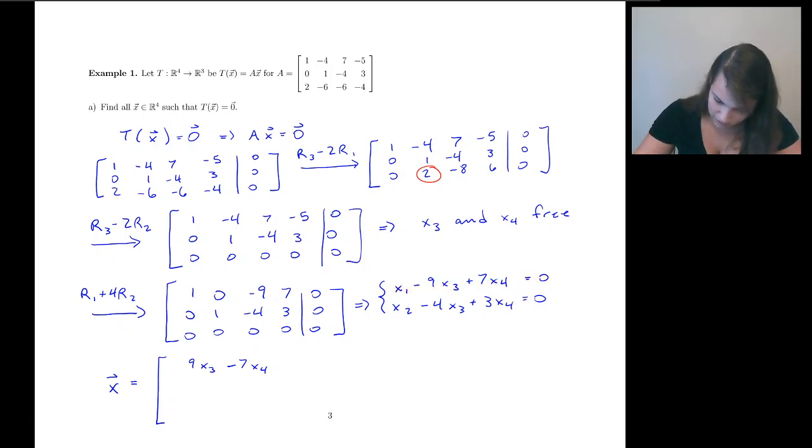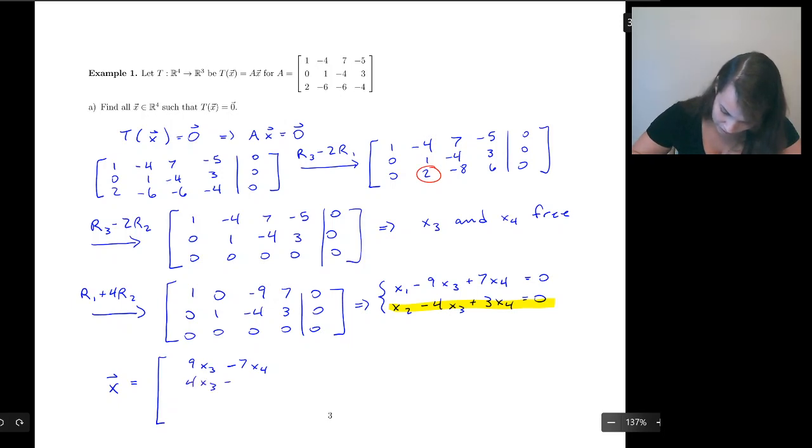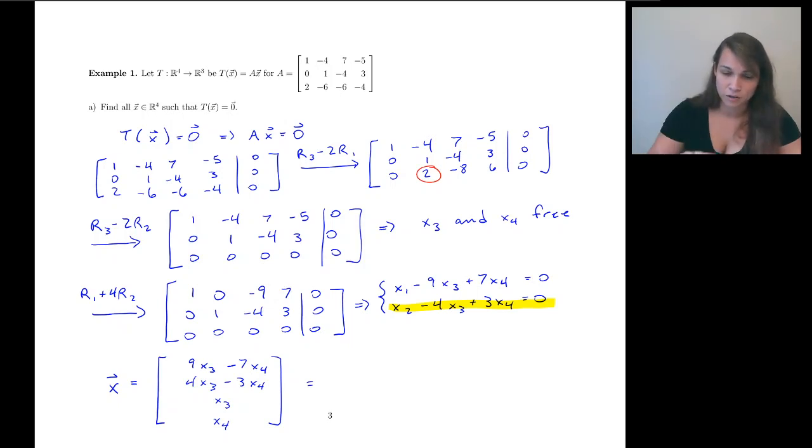So x1 would be 9x3 minus 7x4. And then for this one right here, we've got x2 is 4x3 minus 3x4. And then we have x3 and x4 by themselves. And then remember, we want to split this up into two different vectors. You've got the x3 vector and the x4 vector. And if we do that, we're going to have